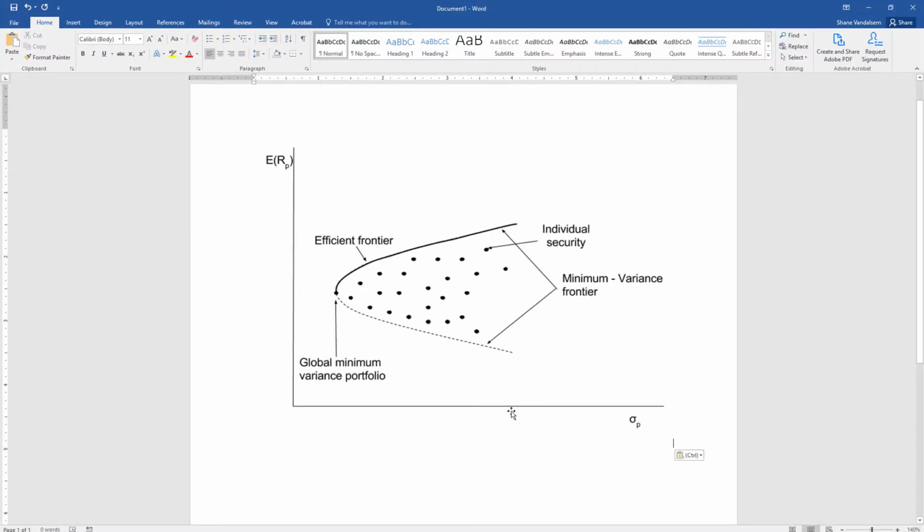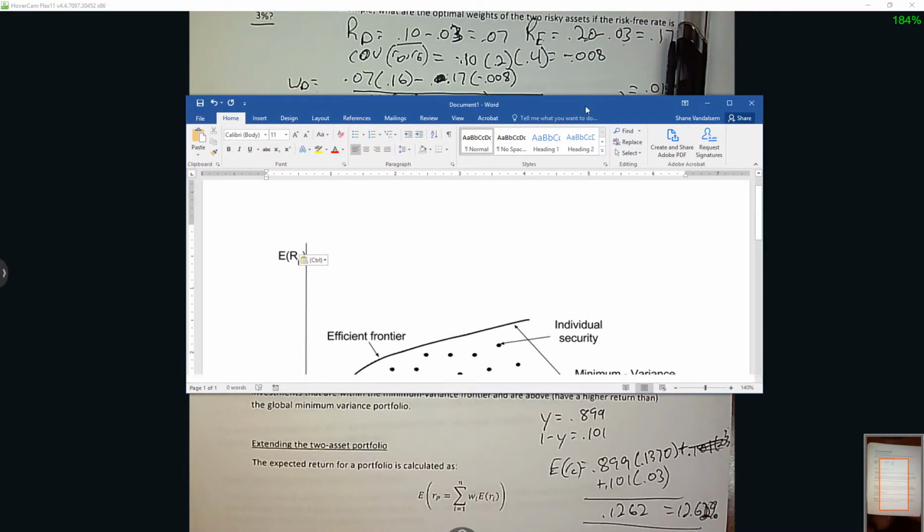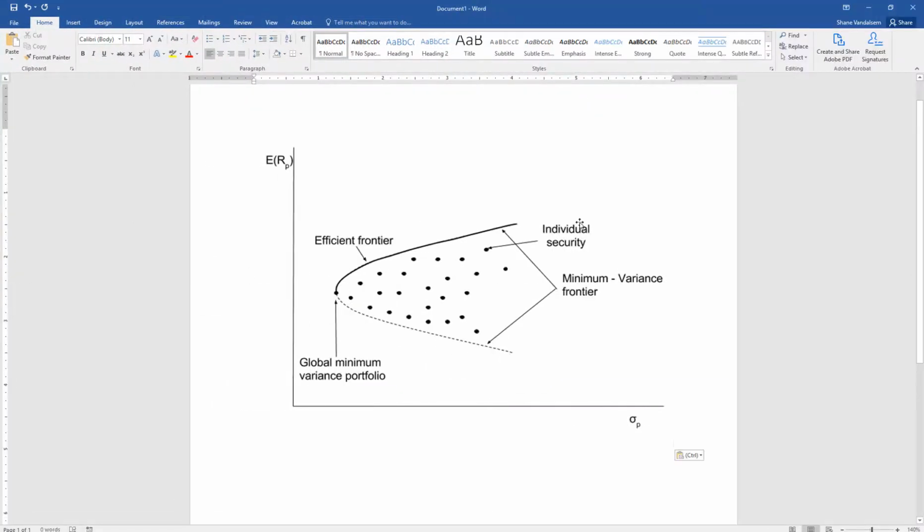So the lowest standard deviation for any given level of return. So that's actually going to be this entire line. Okay, this entire line is going to be the minimum variance portfolio or frontier. Okay. So the dark line and the dotted line here, that is the